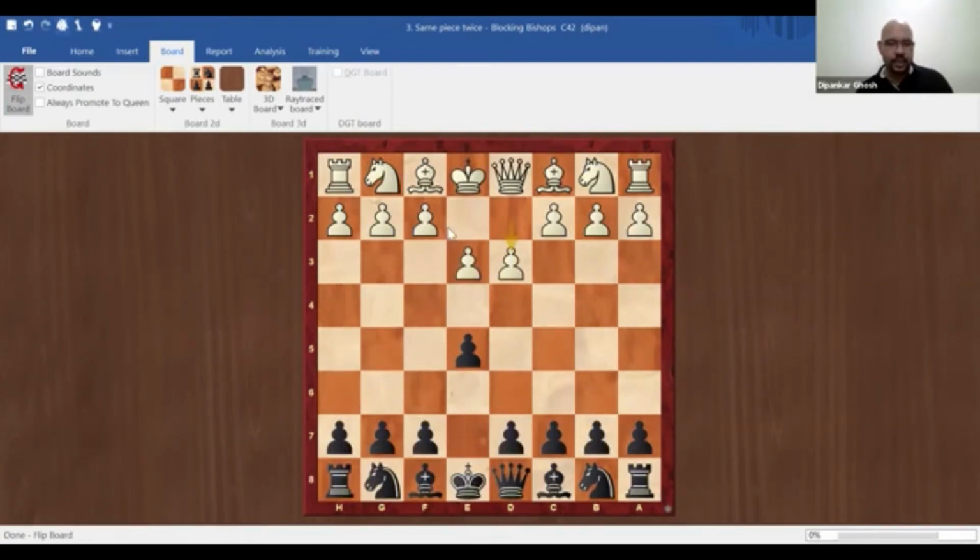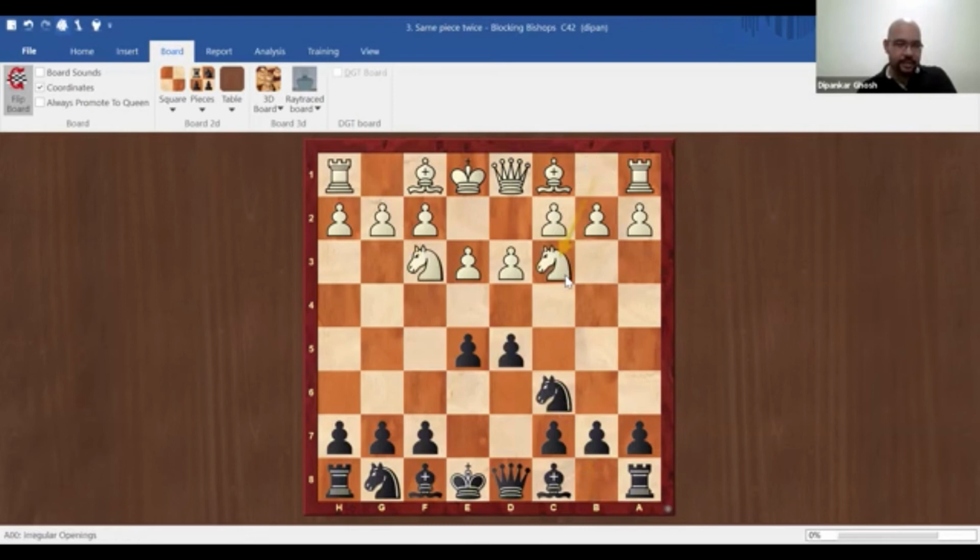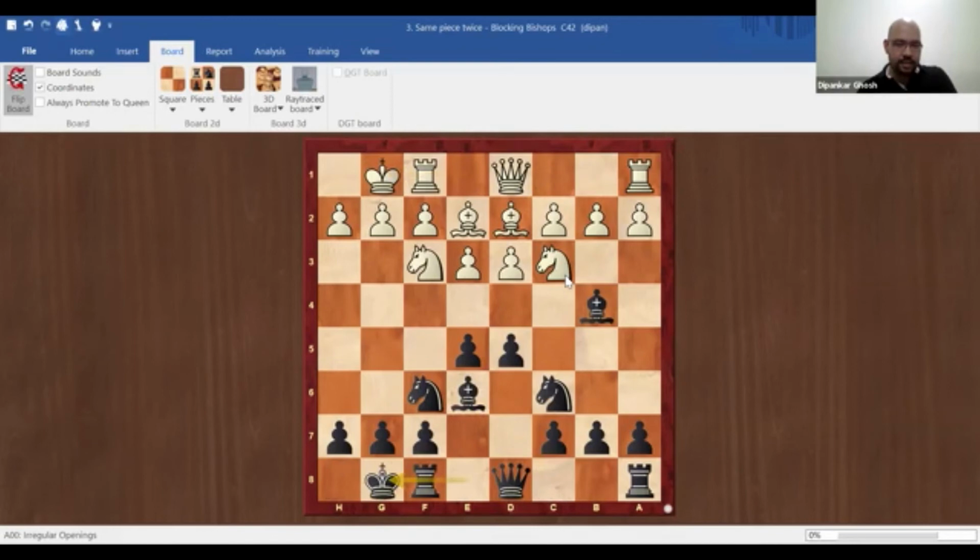Now, you see what's happened to the bishops? These two bishops are very, very unhappy. They're like, my view of the outside world has been blocked. I have been caged in by my own pawns, which I cannot even capture. But black is following all the principles we talked about, controlling the center, developing actively. I'm not giving too much commentary on these moves since we already have seen such stuff. But just look at the picture.